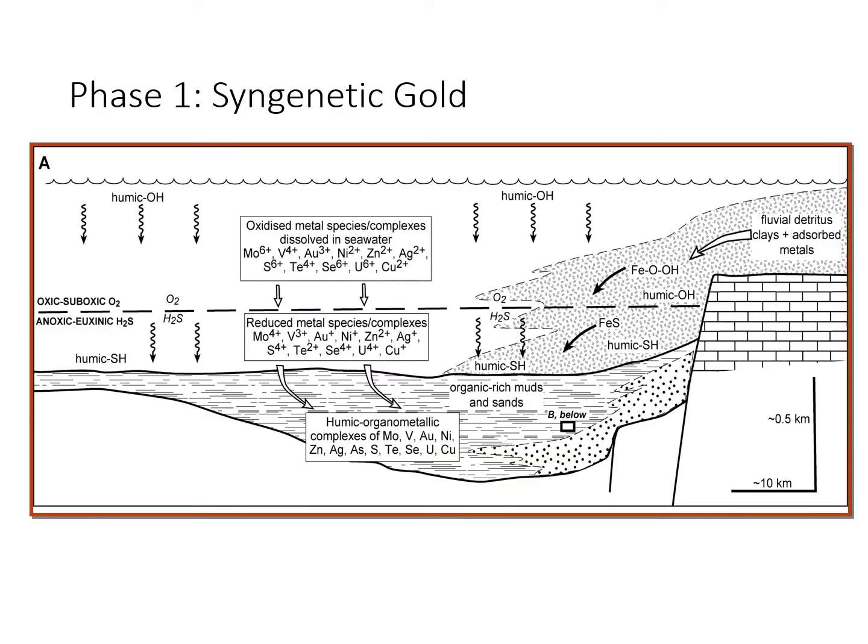So how this works is gold is brought into the sediments in two different ways. One would be detritally adsorbed onto clays, or just in detritus more generally, or we can have it precipitating out of seawater in euxinic settings as sedimentary framboidal pyrite, or adsorbed onto organic matter and settling into the sediments. Then